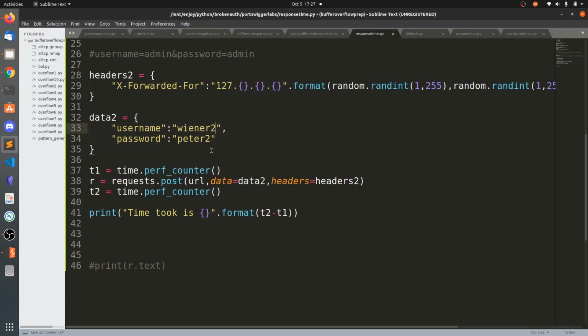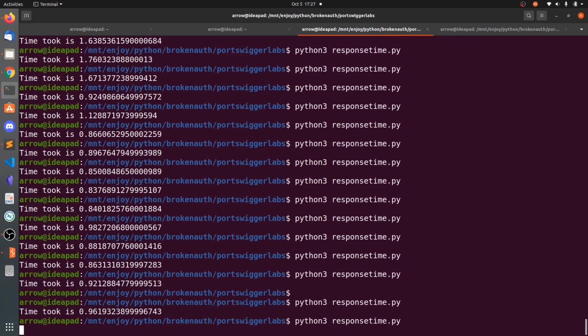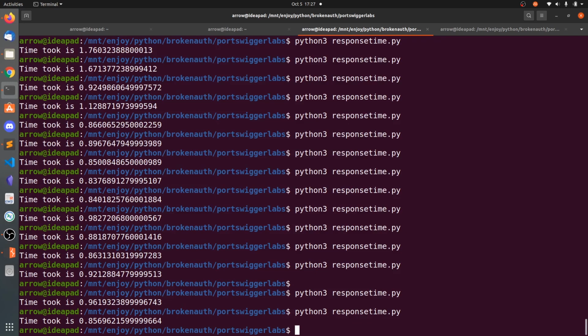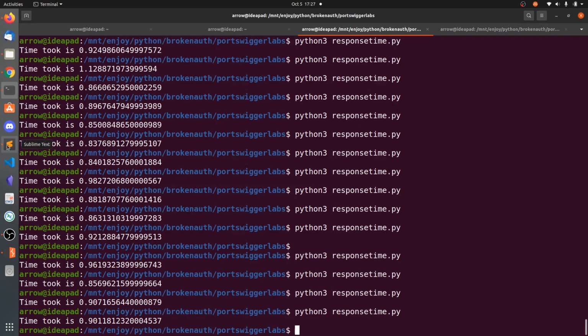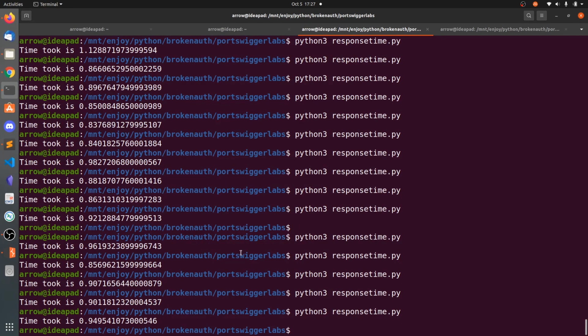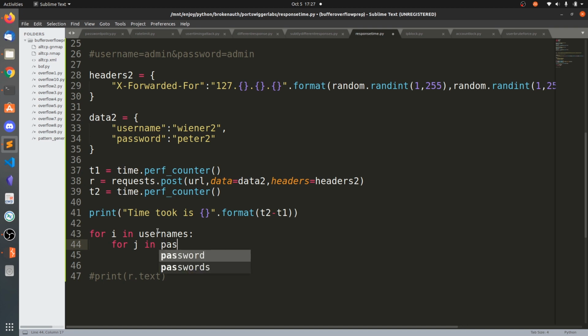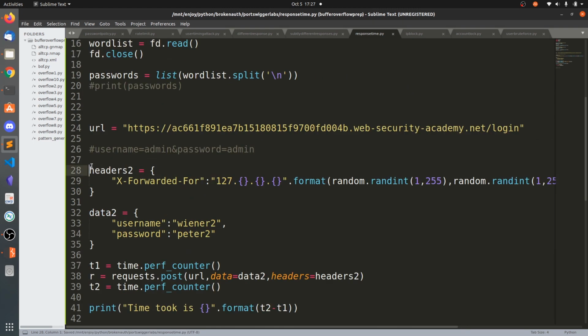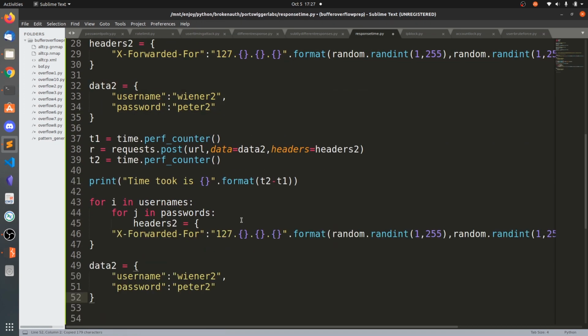If you say Wiener 2 and Peter 2, it is also taking around the same time. So what I can do is say for I in usernames, for J in passwords. You can just copy these headers and the data so that we don't need to rewrite.